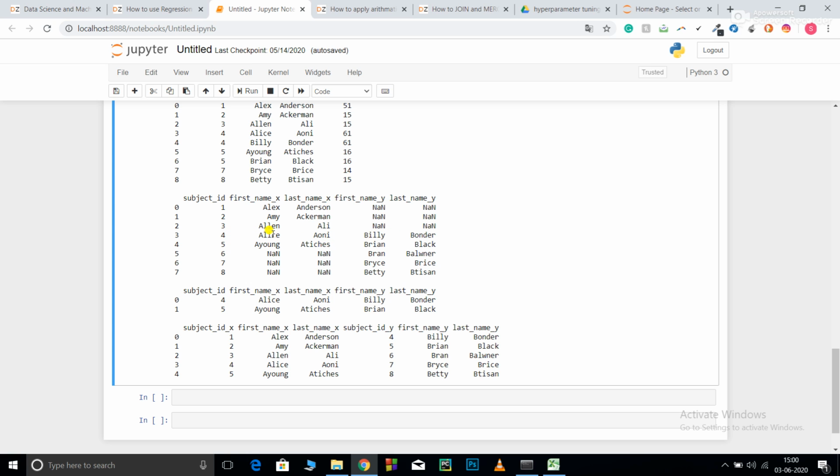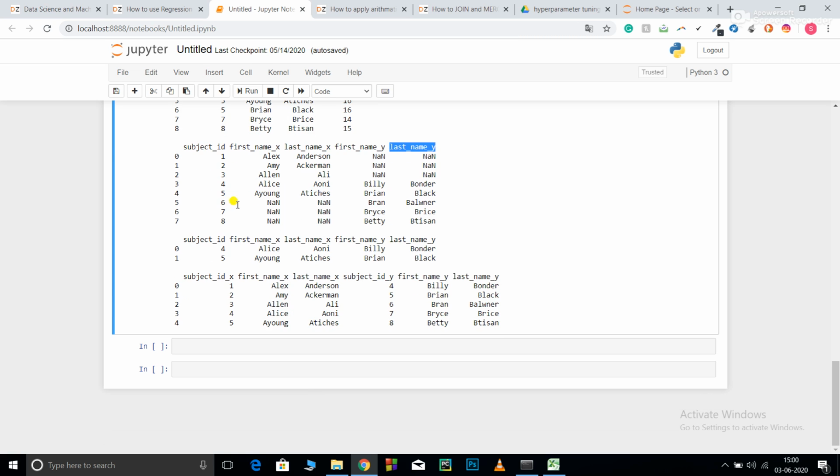so basically it did a union. So first name underscore x represents the first data frame, whereas last name underscore x represents the second, first name underscore y the third, sorry, first underscore name the second, and last underscore name y the second. Now it did similar, since 6 7 8 was only in the second data frame, so it concatenated in this manner, and then it put all those other values to be 0. So you can see that was the outer join.